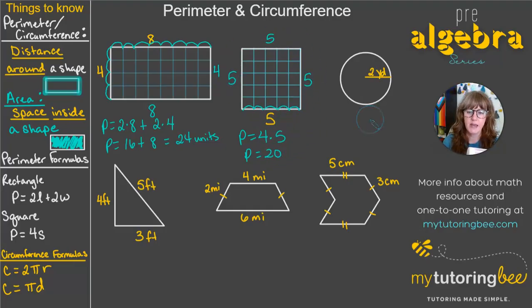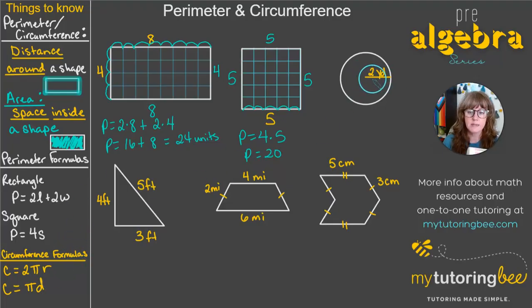The next shape that we have is a circle, and we do have actually 2 different formulas for the circumference of a circle. One is circumference equals 2 pi r, and the other one is circumference equals pi d. In my next video, I'm going to talk more in depth about the difference between these 2 formulas. But basically for this video, which is just an intro video to how to find perimeter of different shapes,